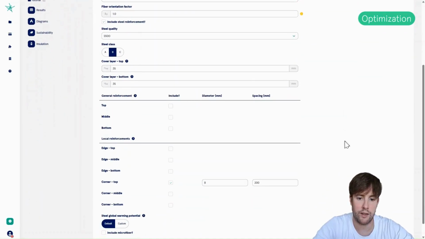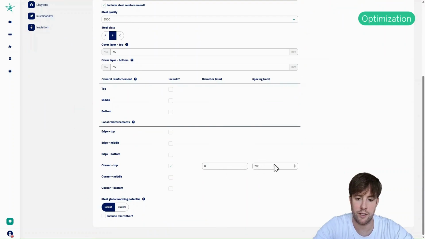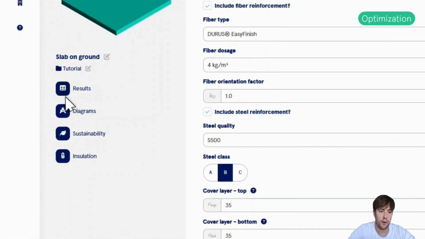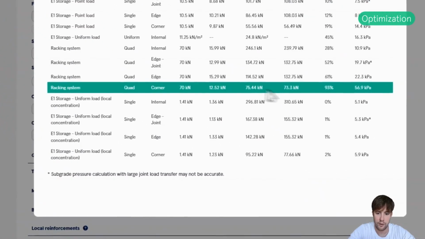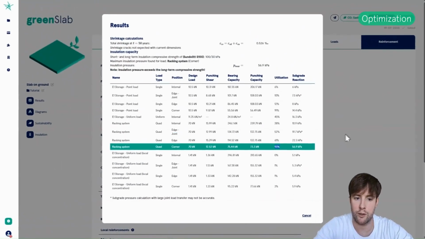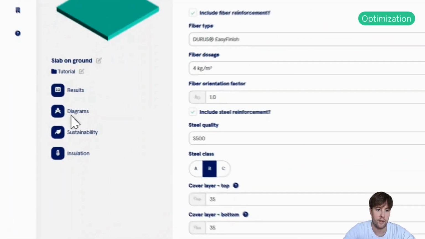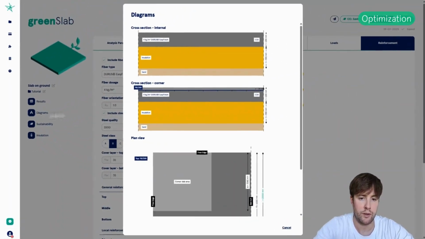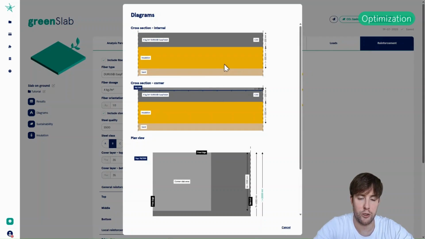What it does is that it then just adds this solution in your input fields here. And now, under results, we now have the corner part of the slab with a 93% utilization. In the diagrams, you will also now see that we have 2 different cross sections, one on the internal part